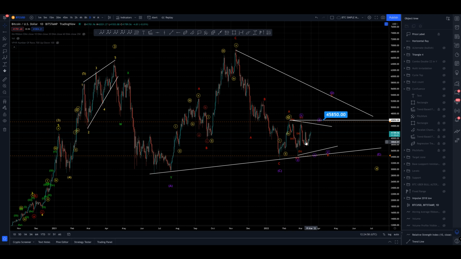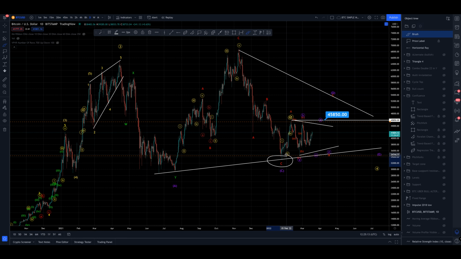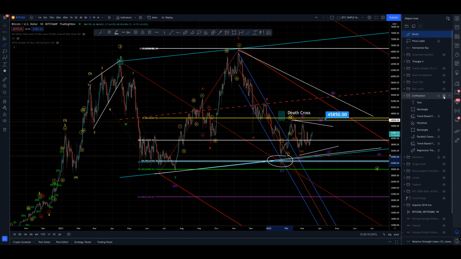Alright, it's a triangle within a B wave of an ABC zigzag of a D wave of a triangle. You get me? Right, so in this case, it's a bullish pattern. Now, why do I like this? The reason I like this is this low, which is supported by all the confluence we spoke about earlier, right,